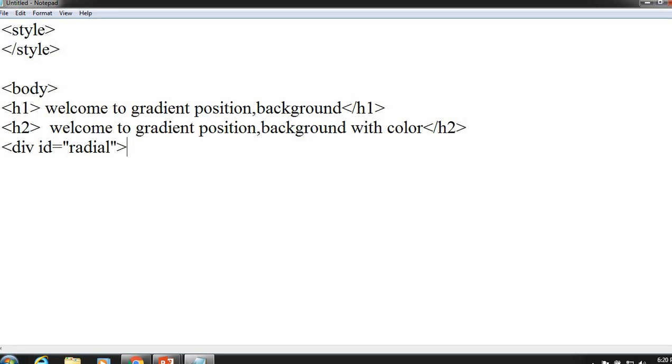Then we can close the division, then close the body tag.